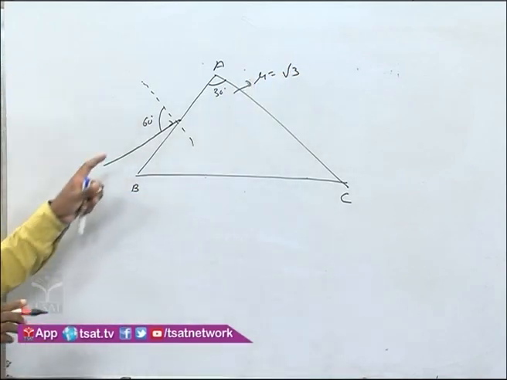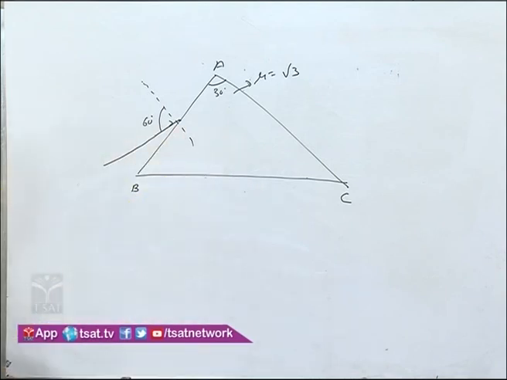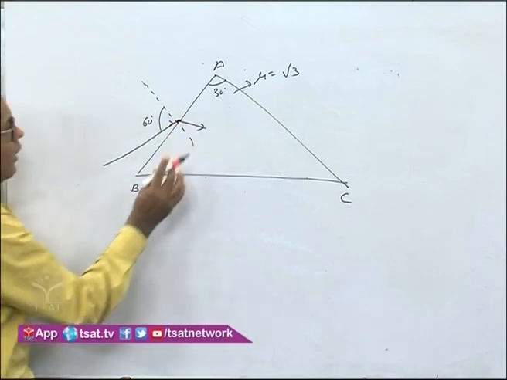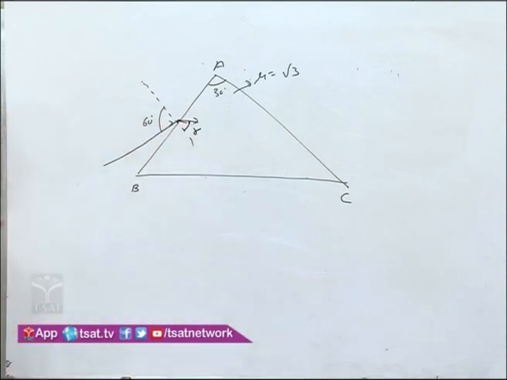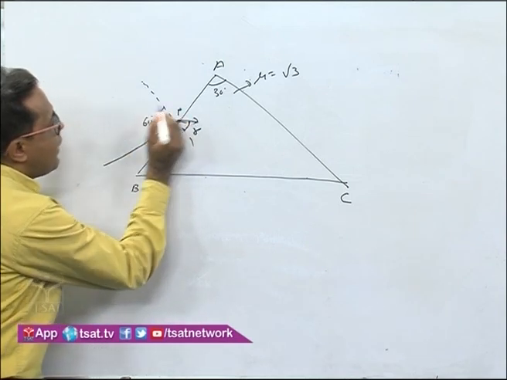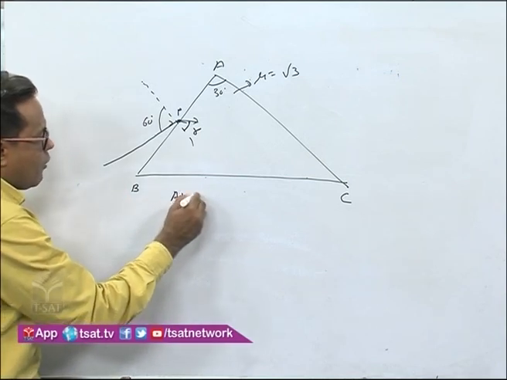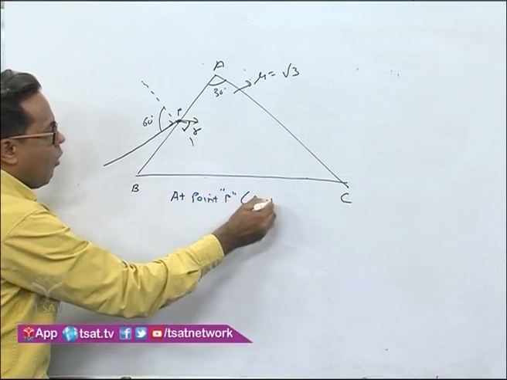Now when the ray of light moves from a rarer medium, say air, to a denser medium, it will bend towards the normal, something like this. We don't know the angle actually, whatever it may be. This angle is the angle of refraction r. So first we will try to get the value of r. Let us say this is a point P. At point P, I will apply Snell's law.